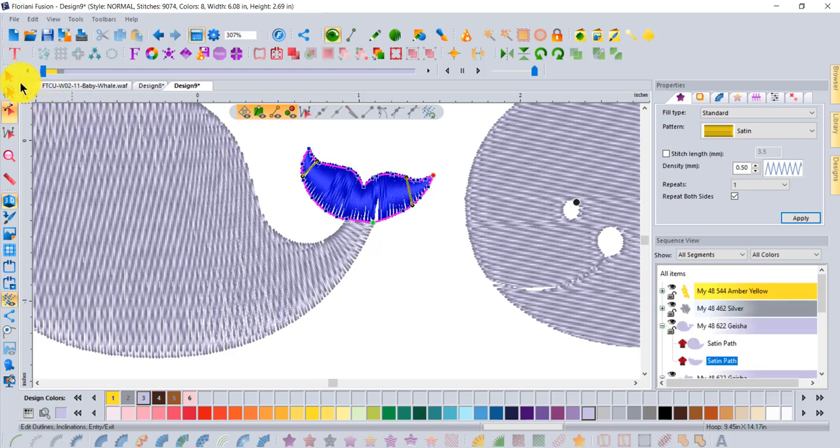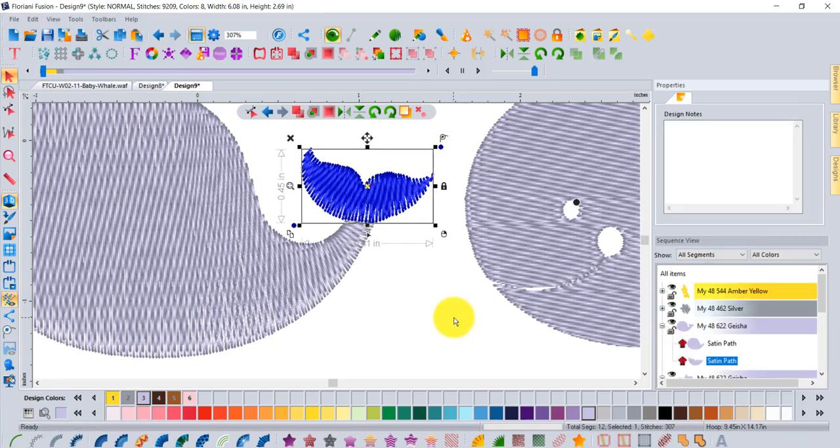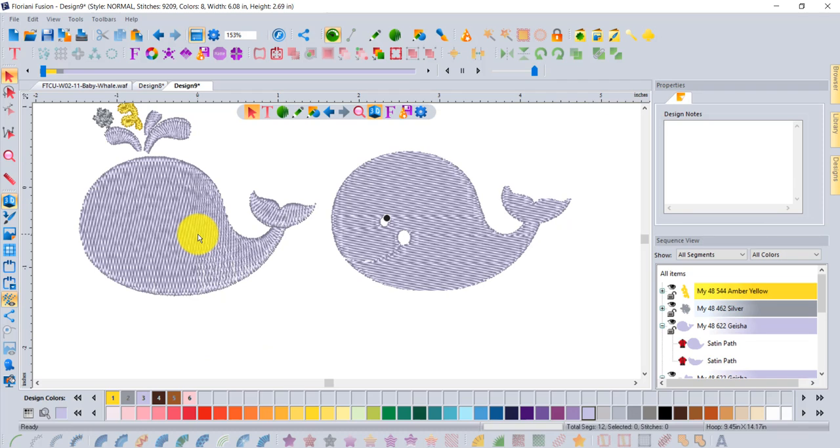And so now, again, just to keep it kind of smooth and consistent, I'm going to take that shape and convert it into a pattern fill. And so it looks like that. Okay, so now